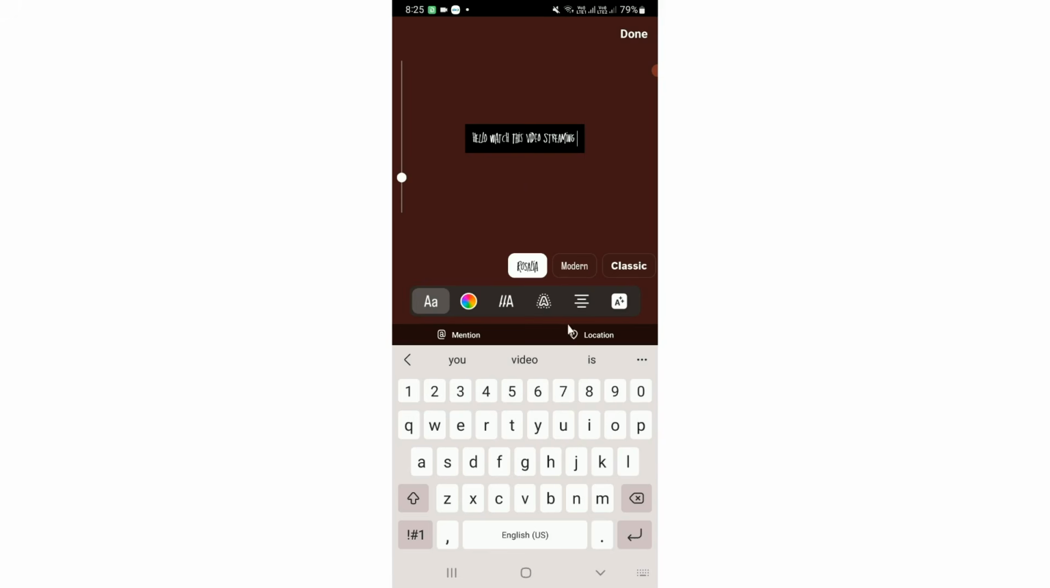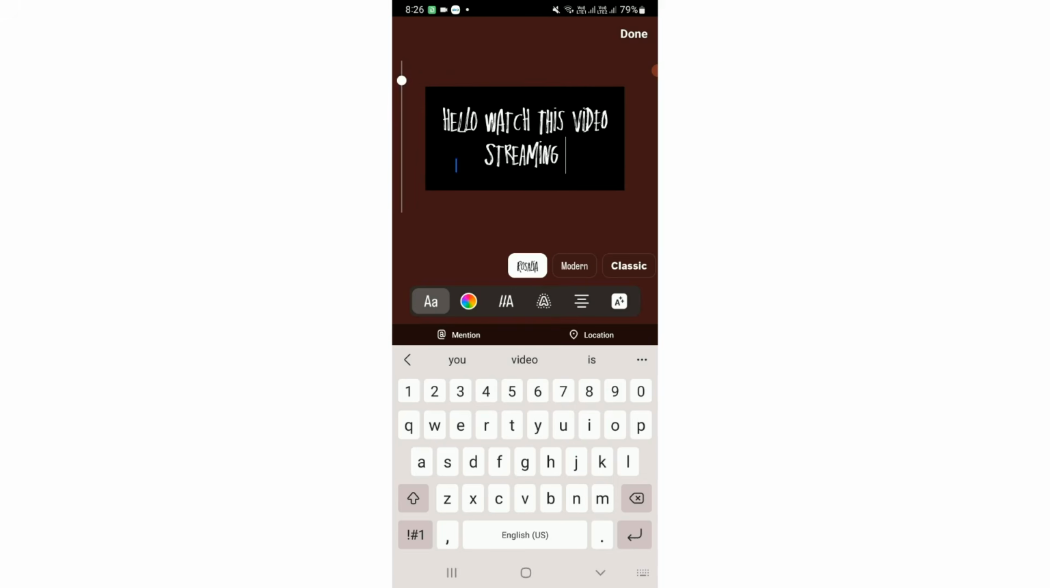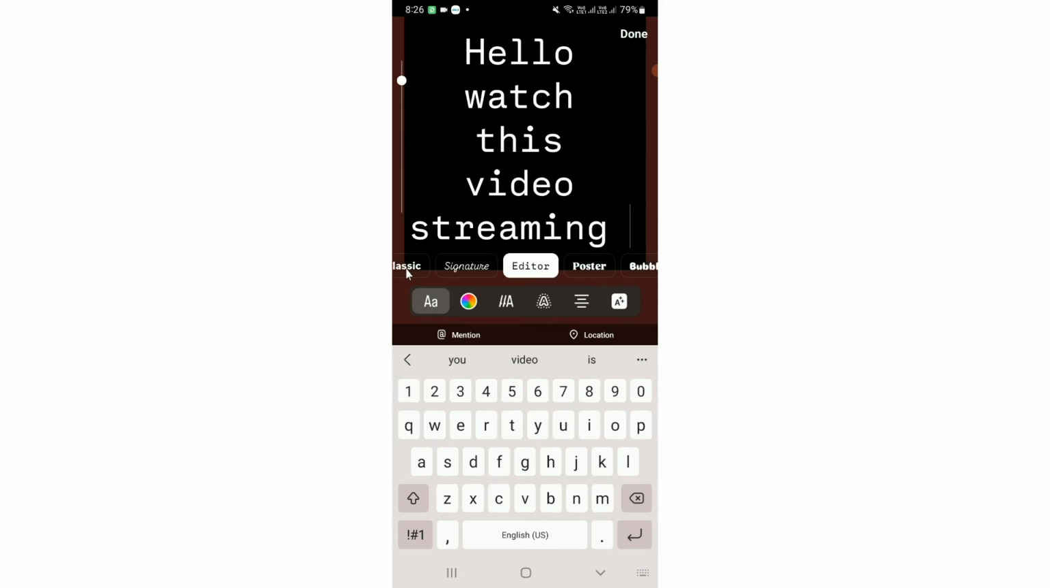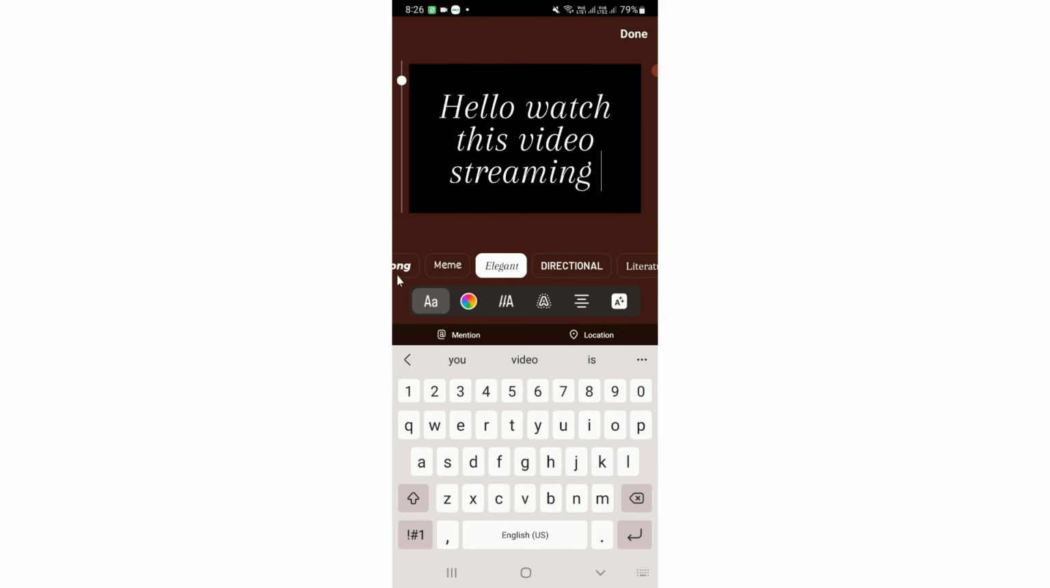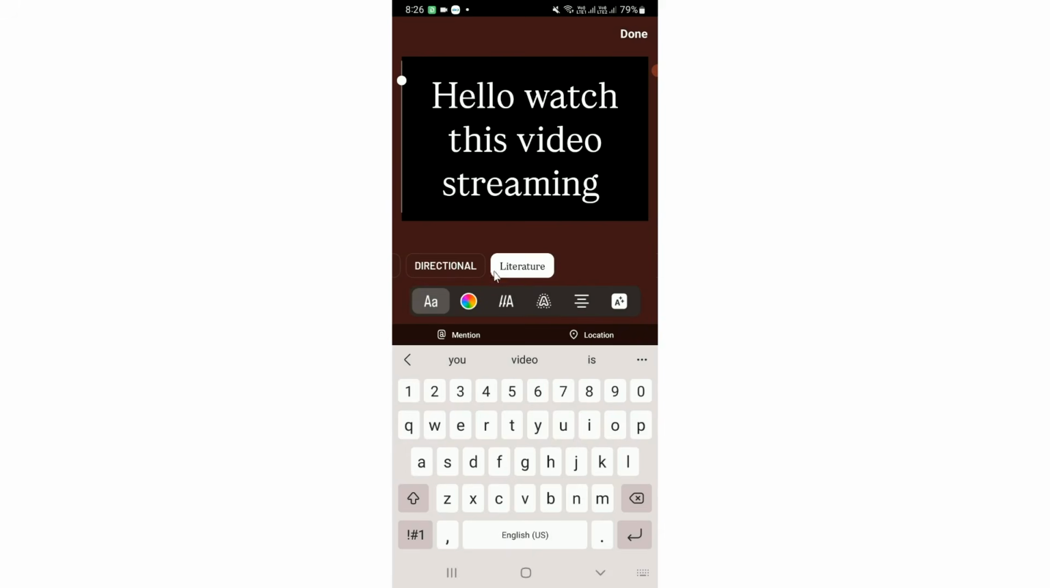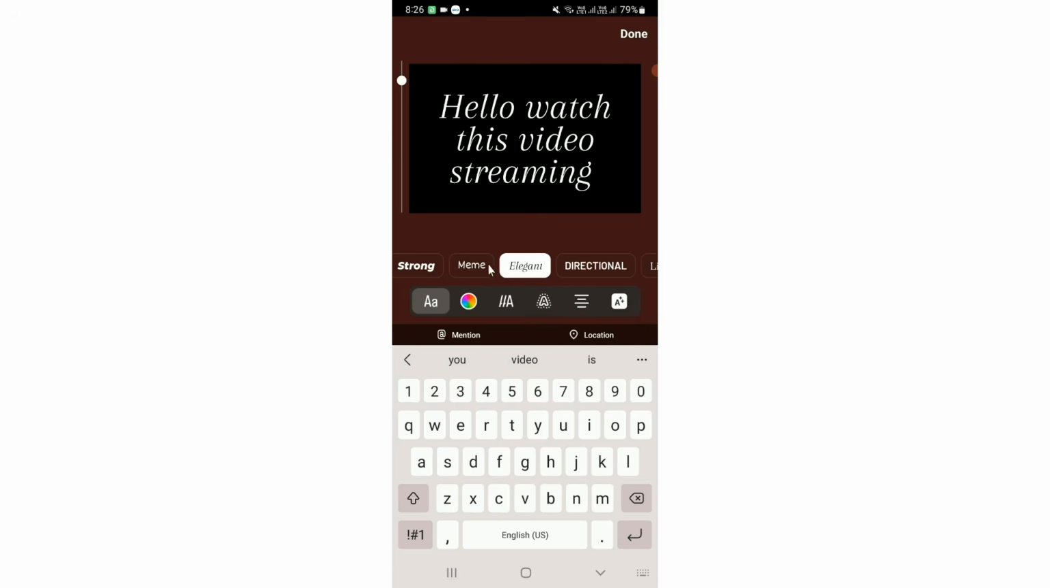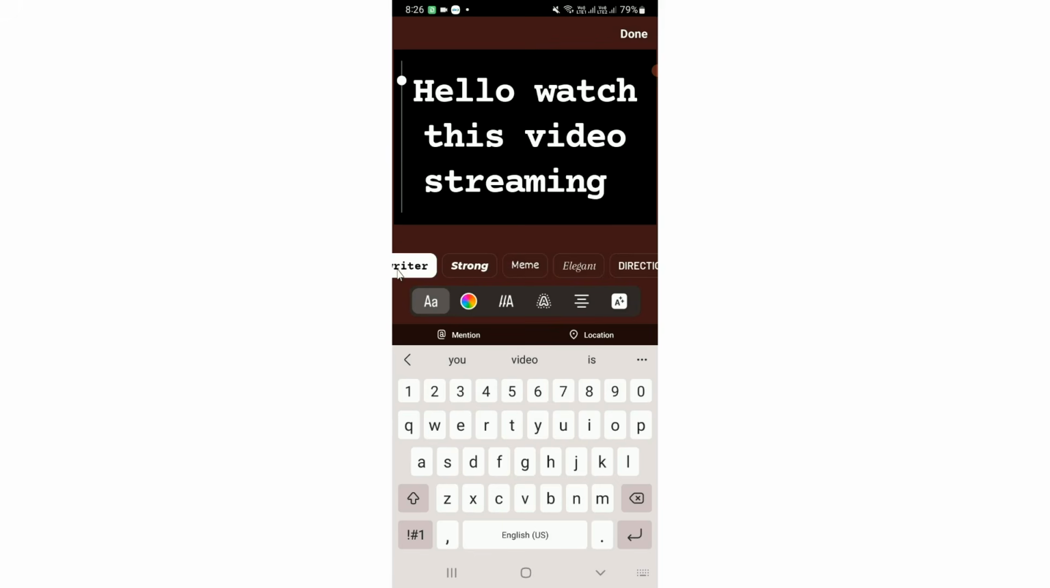So as you notice, at the left side of the modern font, you can see there is a Rosalia new font. So this is the new font which was recently introduced on Instagram, and you can also get a couple of other new fonts if you switch to the left side. So you can see every font is mentioned here, so you can simply select the text, and if you select a specific font, you notice that the font effect will be applied to your